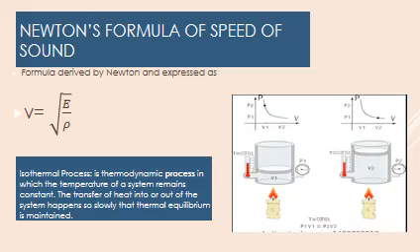Okay, now you can see in graph form the initial situation, the initial parameters, where this closed container has initial pressure P1 and volume V1 at constant temperature. Iso means same and thermal means temperature. So it is basically the process that takes place at constant temperature. If we are keeping the temperature variable constant, then we can plot a graph between the other two variables, that are pressure and volume.